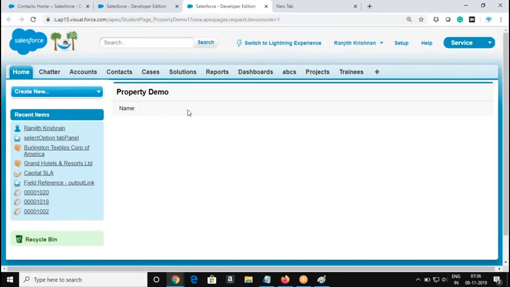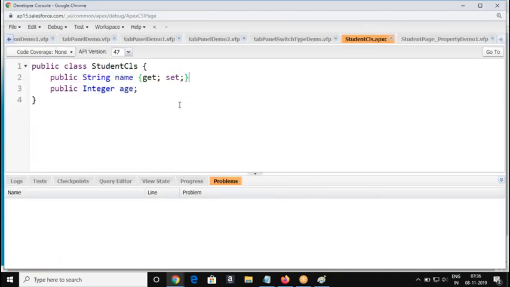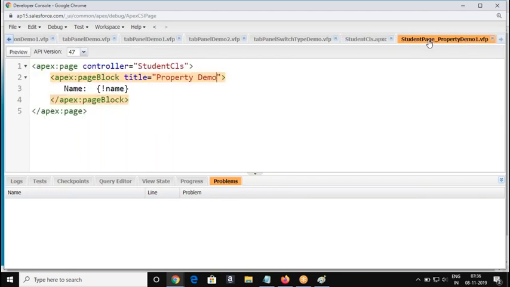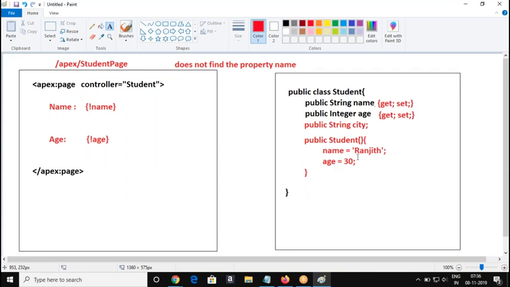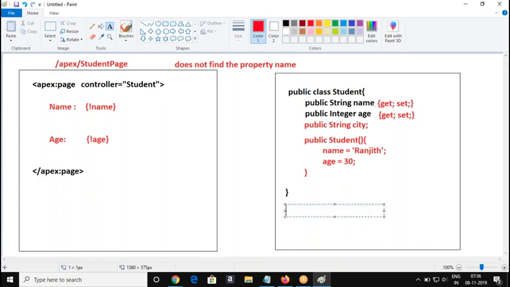No values because we are not assigning any value here. Okay, right. Now I would like to assign some value. We know that when a Visualforce page is executed, the first block to execute is the constructor block, right?